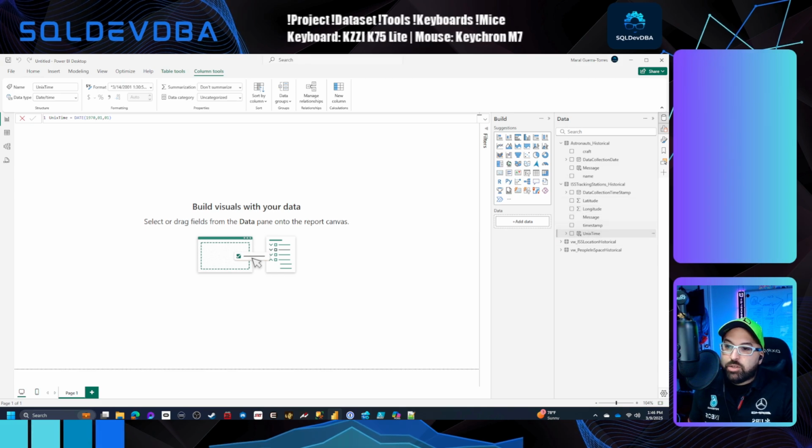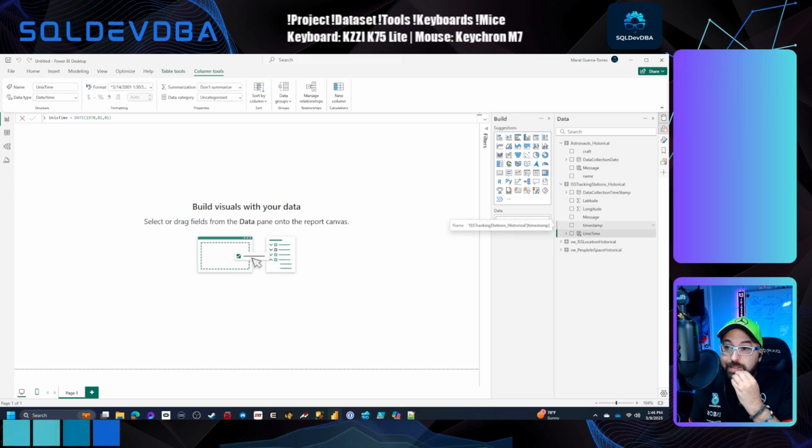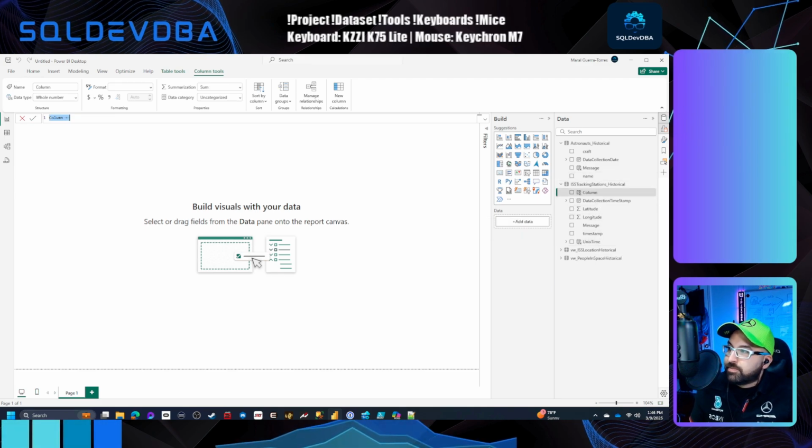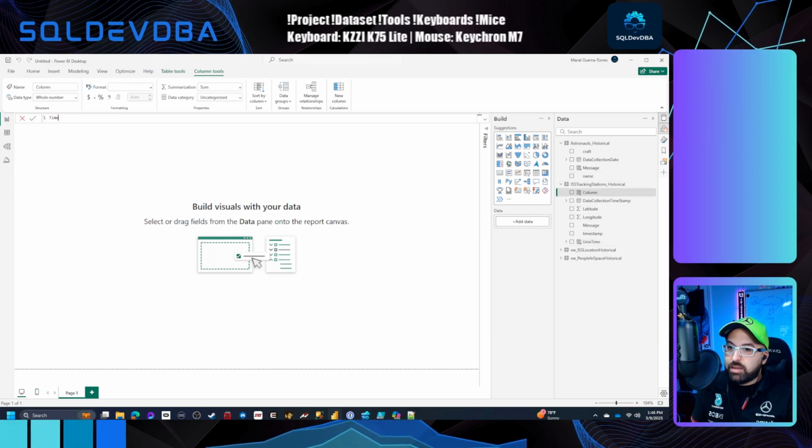So I created a new value called Unix time, and that's basically a constant. You can technically do this as a parameter or as a measure, I guess, and just leave it as a constant value. That's absolutely fine. But now I'm going to create another column and say timestamp calculated equals